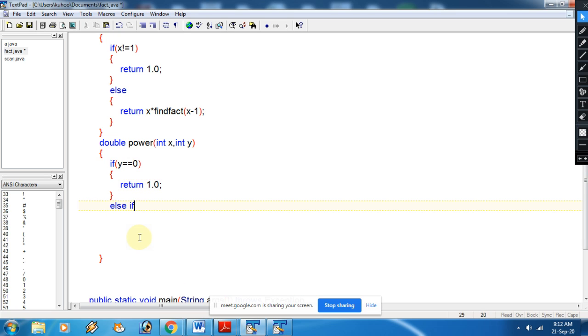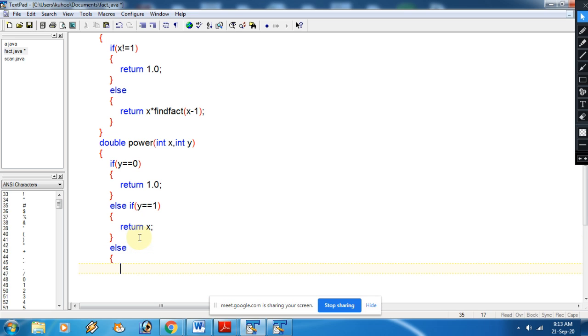Maybe y is 1. In that case, we can reduce this part later on. But this is the basic logic which I am going to discuss. In this case, 2 to the power 1 is always the number, that is 2. So we are returning x.